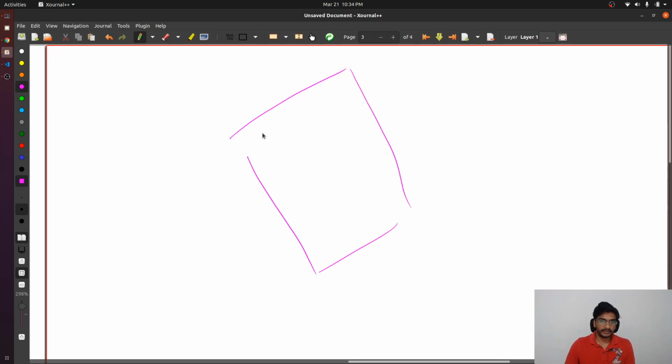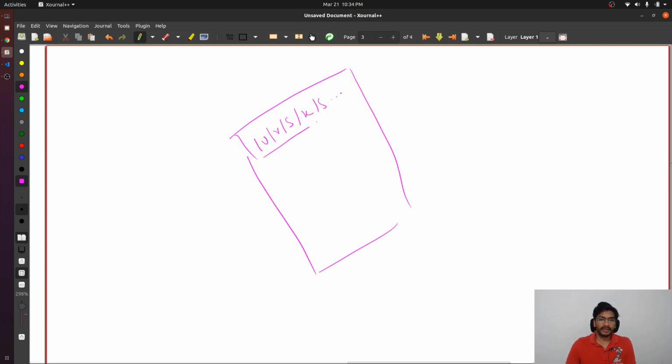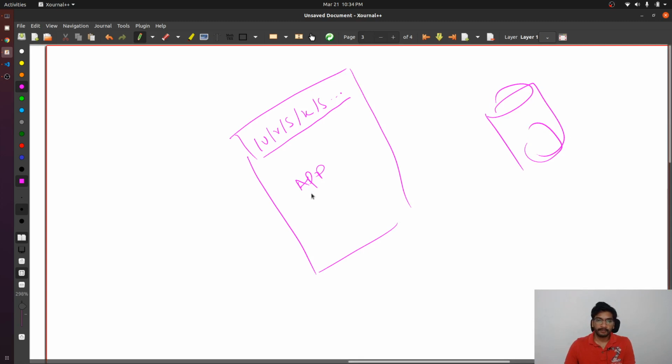So let's say this is the pod, and inside this pod, at /var/run/secrets/kubernetes.io/serviceaccount, we have all the details about the CA cert, token and everything. Now if our application wants to talk to the API server, it is going to create a client. Let's say I used Go as a programming language to write this application. So in Go, we are going to use the Kubernetes client of Go programming language, and we would say